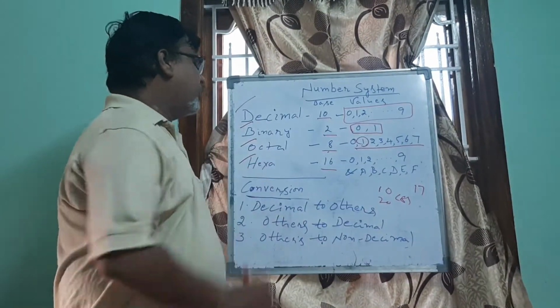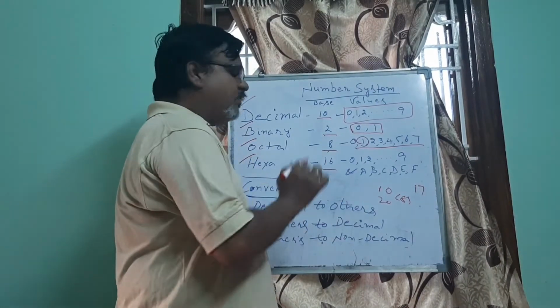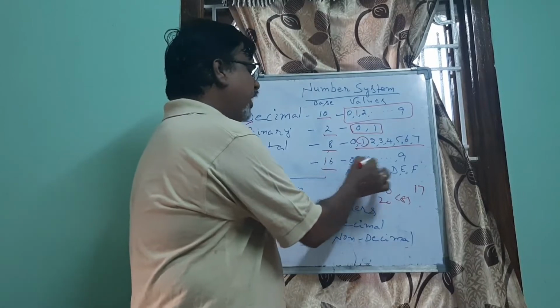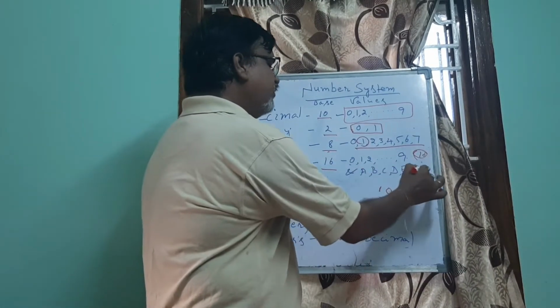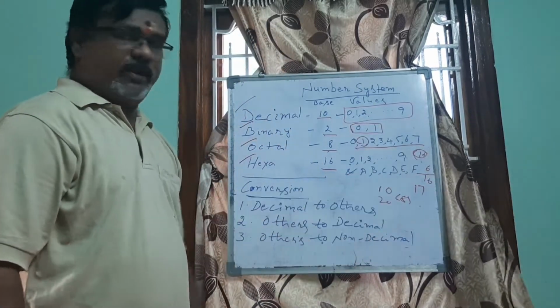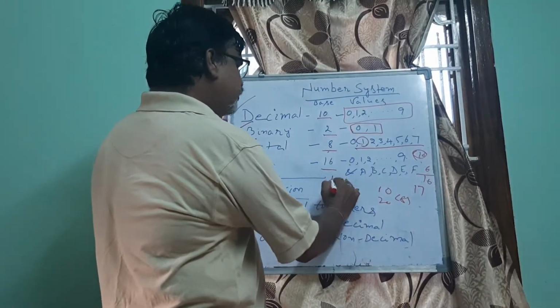Now coming to the fourth one, hexadecimal. We have base 16, that's why 16 possible values we are going to have. So from 0 to 9 total is 10 numbers, and then A B C D E F total 6 numbers, together 16 numbers. So after 9, if you want to write the next hexadecimal number, that is nothing but 1